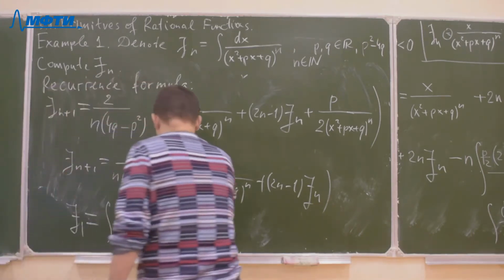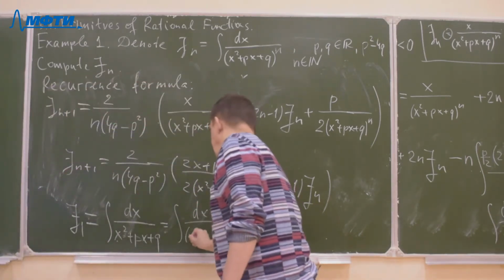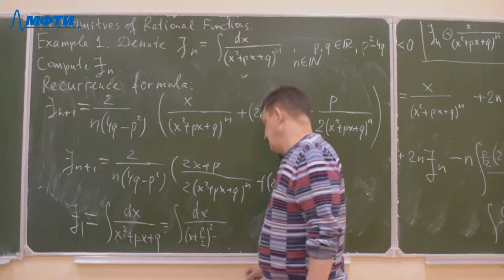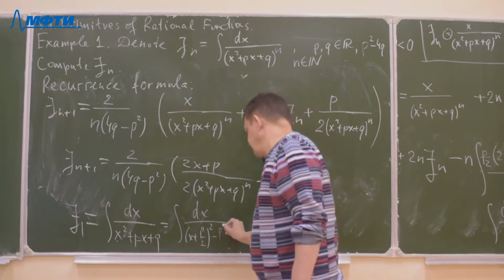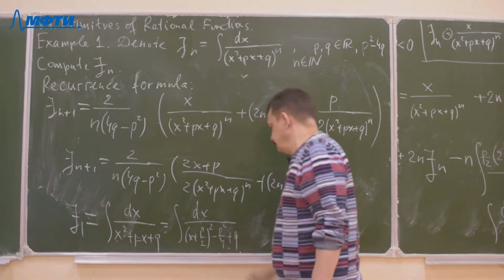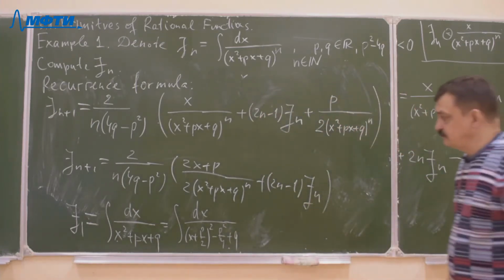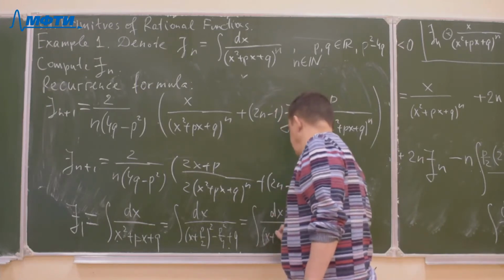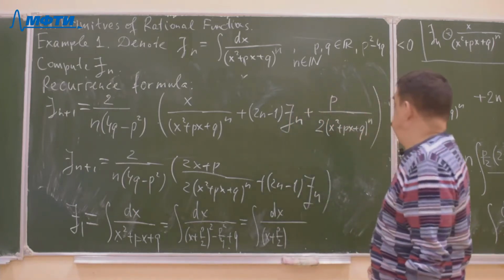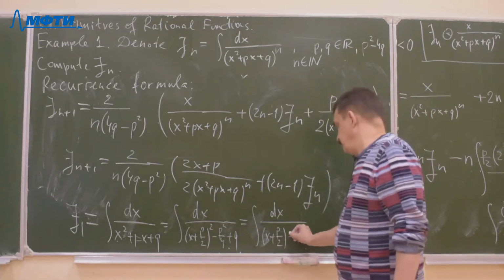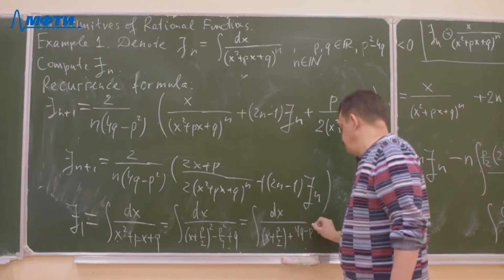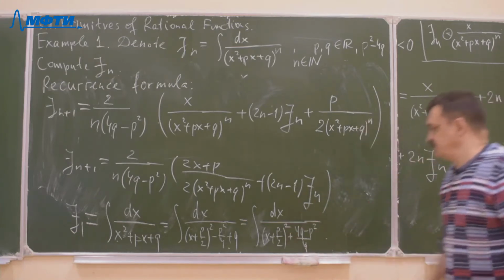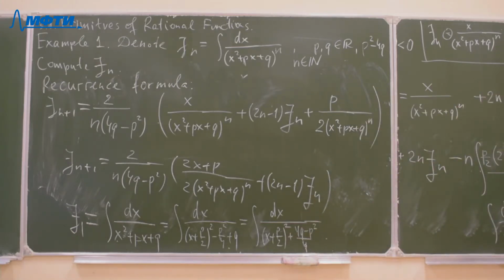I can rewrite it as dx over (x plus p over 2) squared minus p squared over 4 plus q, or integral dx over (x plus p over 2) squared plus (4q minus p squared) over 4, I forget square,